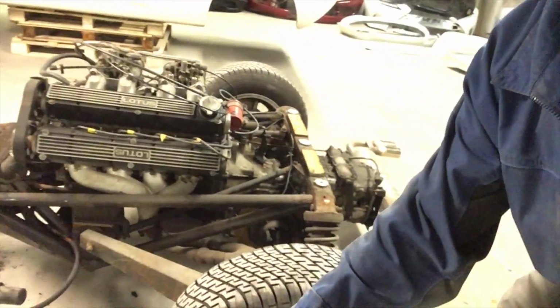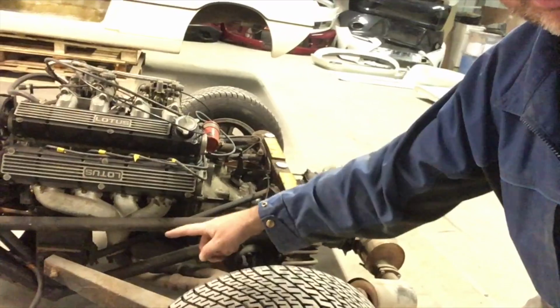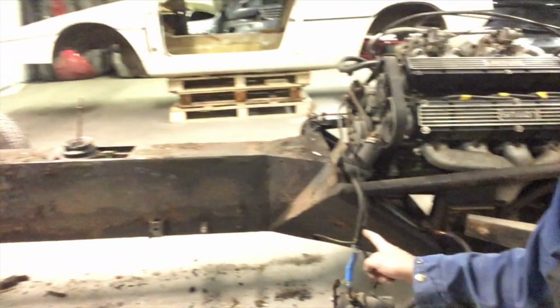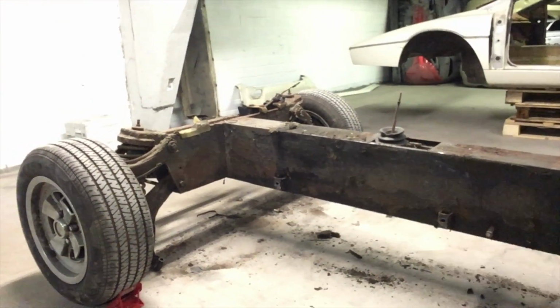So there it is. Look at that. So you've got these tubular sections here, all triangulated, and then that meets more triangulation here in plate steel, which meets the backbone, which runs up, and again it's triangulated at the front. And you've got your